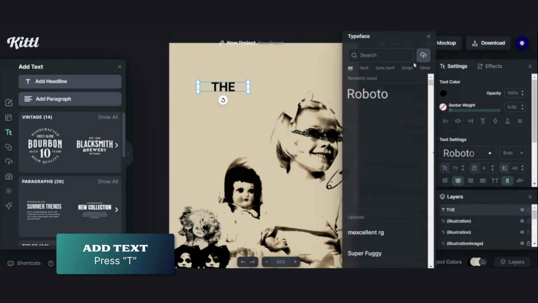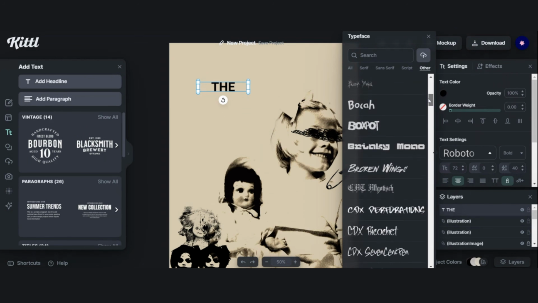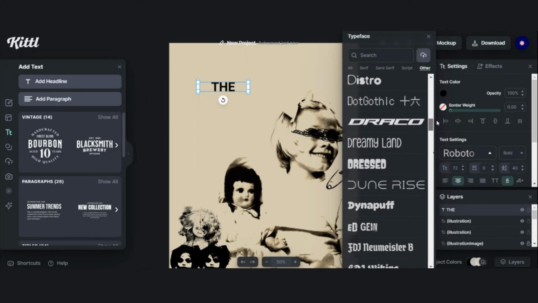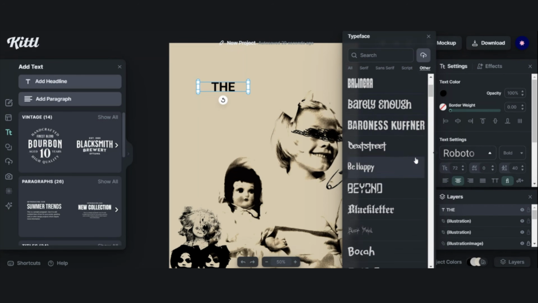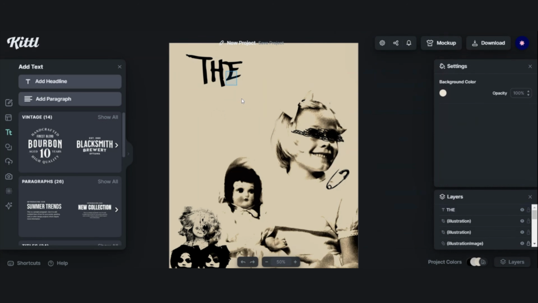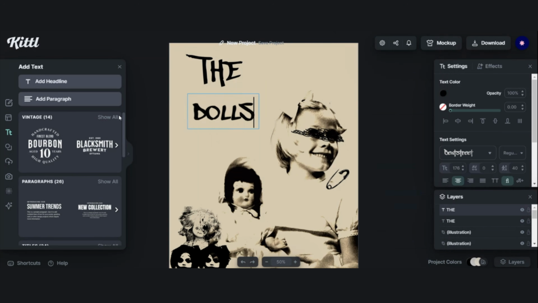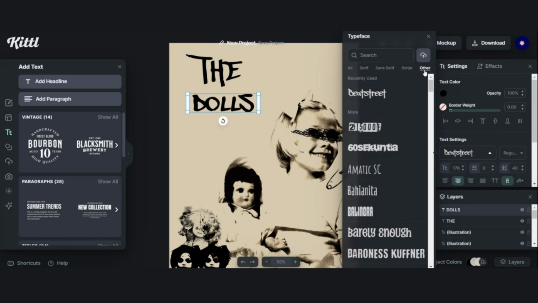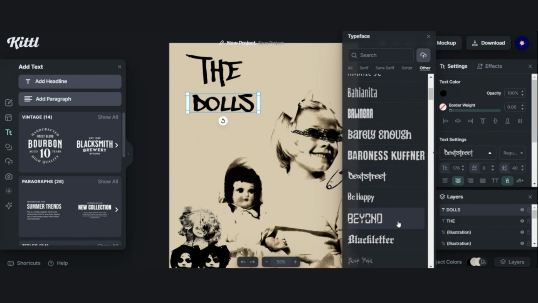At this point, I already knew I wanted to make it a band poster, of course, because so many punk rock poster references are music related. But I have to admit, I still had to come up with a band name. But it was pretty obvious, right? The dolls. I love the font choice here, very street style, and how I mixed the two display fonts and